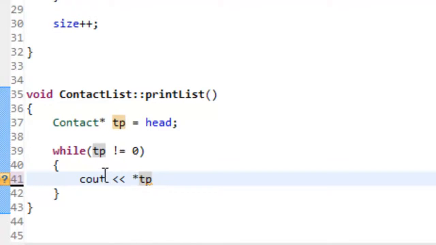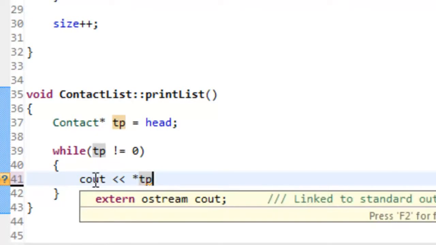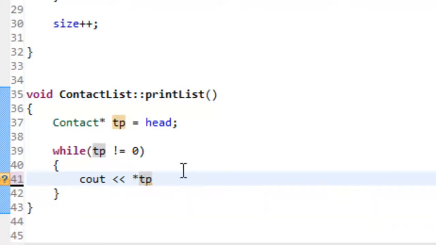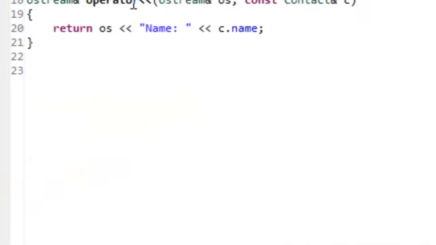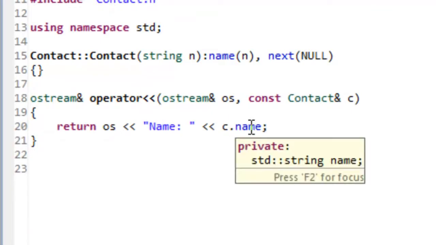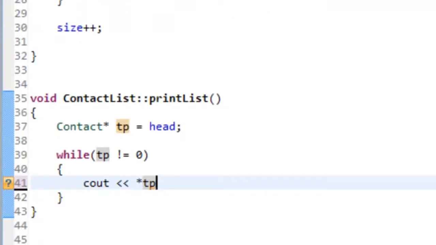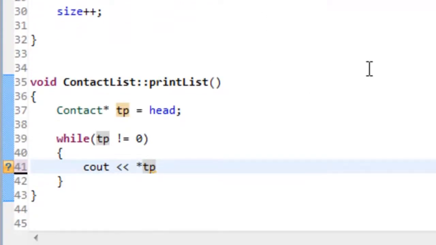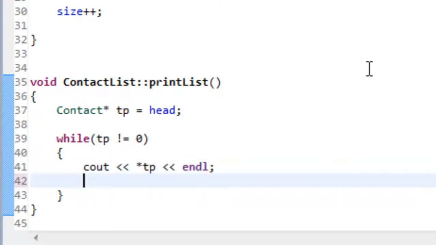And I'll remind you that we did overload the insertion operator, so we know what to do in the case of having an ostream on one side and having a contact on the other side. Let me just bring up the contact.cpp file, and you can see here that we did in fact overload the insertion operator, and we're just outputting name, string literal, and then the actual name of the contact. So we do have that in place. Let's go back here, and we'll also do an insertion operator endl,